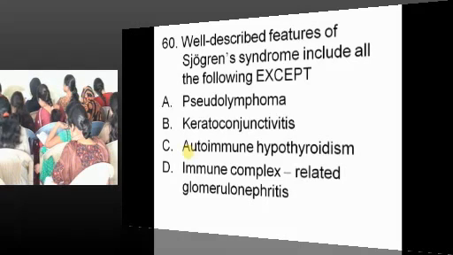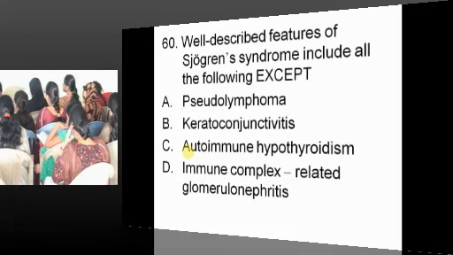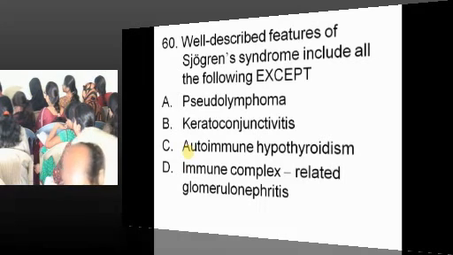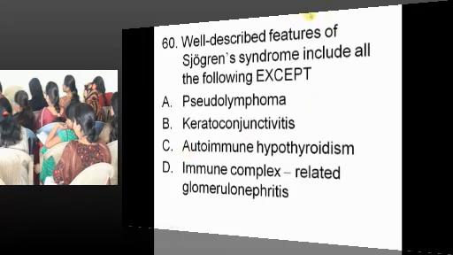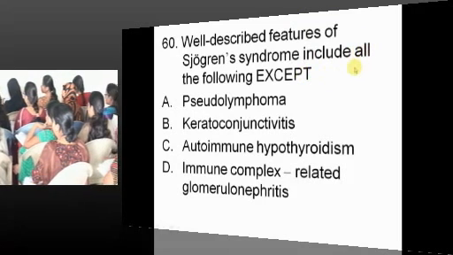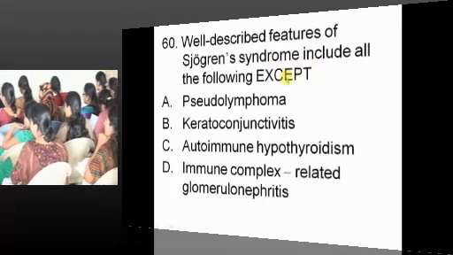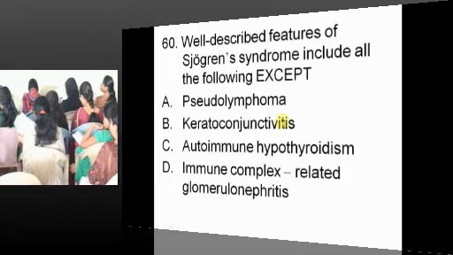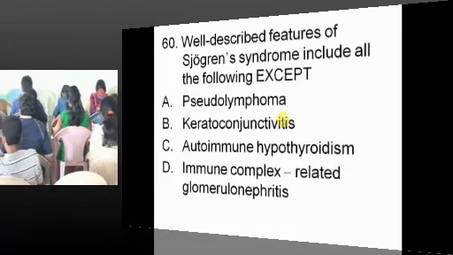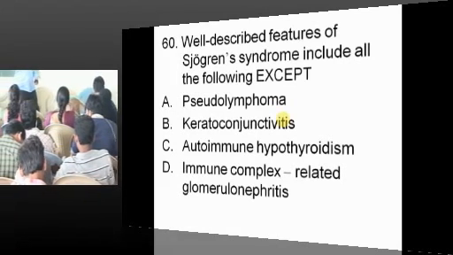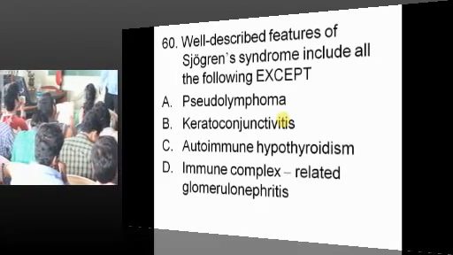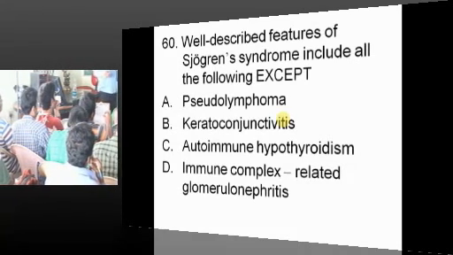Sjogren's, what is except? D. Immune complex mediated. Super. It is not immune complex mediated. Why is this important for us as a clinician tomorrow? Sjogren's is the most flirtatious disease. It can flirt with rheumatoid arthritis, you can get Sjogren's. It can flirt with SLE, and SLE plus Sjogren's can come together. It can come with any other connective tissue disorder. Now you have a patient who has lupus and also Sjogren's. She is found to have high creatinine and